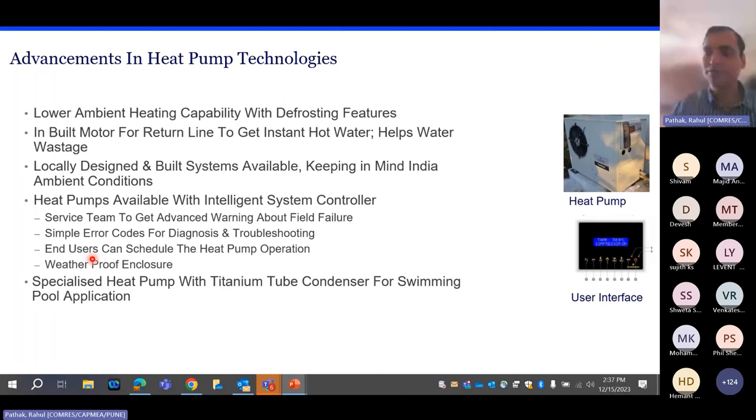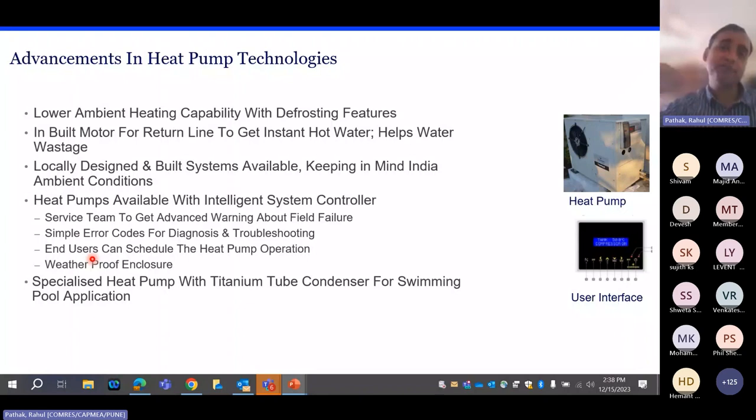I think most of us have stayed in both segments of hotel, like a 2-star kind of hotel and a hotel like Taj Hotel or Leela Hotel of 5-star or 7-star category. One difference we have seen as the end customer is if you go to a washroom in a normal hotel, you have to wait for 2 or 3 or 4 minutes to get the actual hot water in your bucket. But in 5-star kind of hotel properties, you get instant hot water in the bathroom. The reason is the return line. So in 5-star category hotels, they actually put one more return line from the upper water tank to your